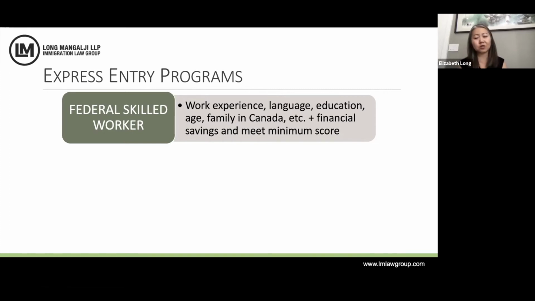This has nothing to do with, it's not the same as the express entry Federal Skilled Worker scale, okay? So notice what I didn't say about the work experience. I didn't say to qualify you had to work in Canada. You can use work experience from anywhere in the world. It can also be self-employed work experience as well. And can also be work experience that you gain as a student.